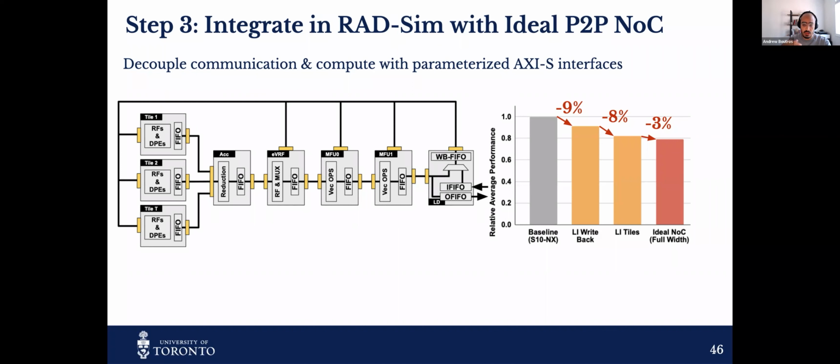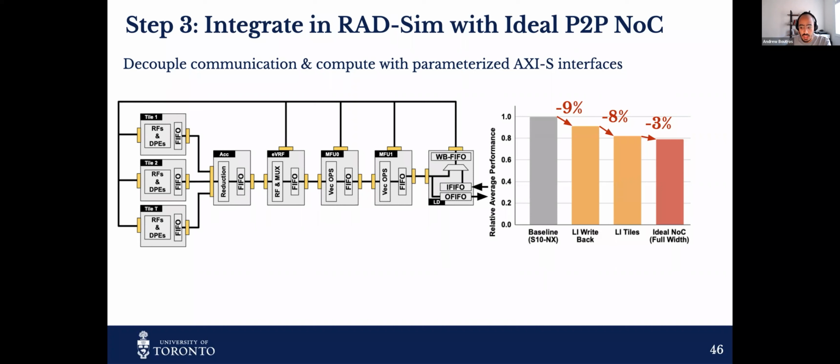So you can specify different link widths for those AXI streaming wrappers, which enables us to easily hook it up to a NoC later on in RAD-Sim. And the first experiment that we do is that we assume there's an ideal NoC. So each module is hooked up to an exclusive router interface, and this router has no arbitration. It just goes directly to the destination module. So it is basically the best case of a NoC. It's an ideal peer-to-peer